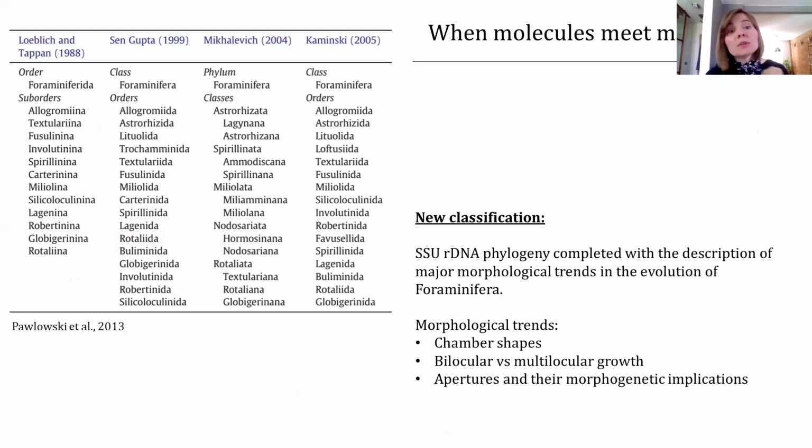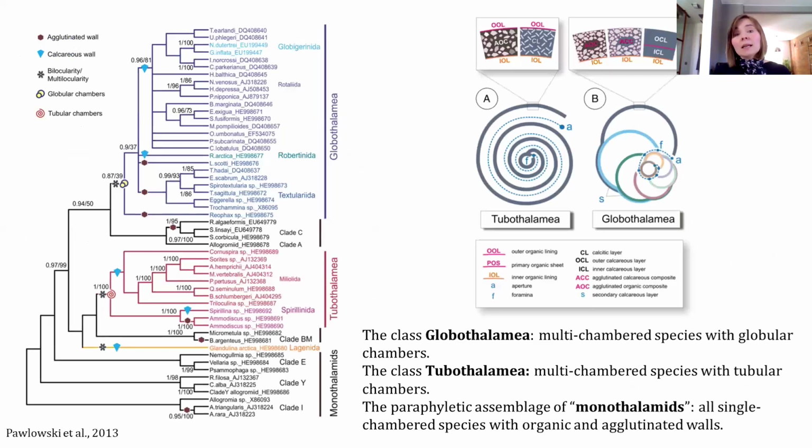Here in this table, there are classical classifications based on morphology only, but this new classification, apart from morphology and morphological trends like chamber shapes, the growth, or the shape of the aperture of the foraminifera, includes this phylogenetic tree and the DNA records I presented before,